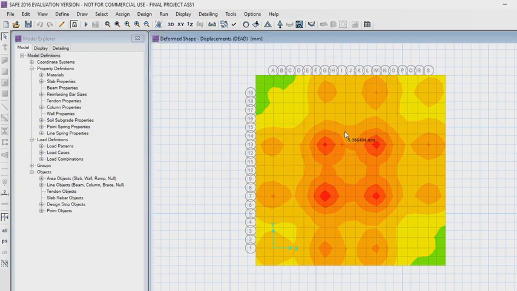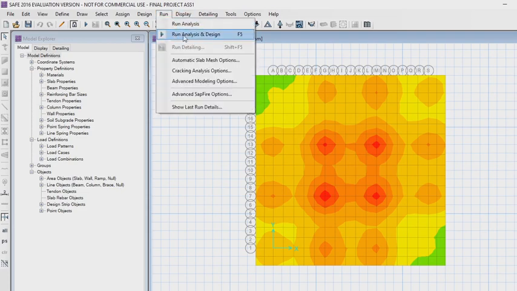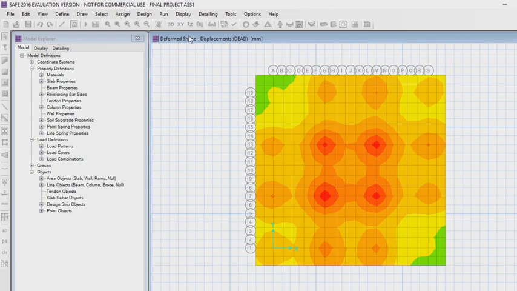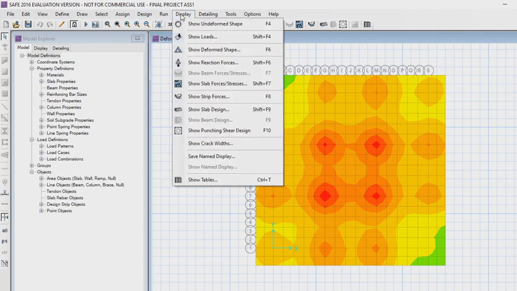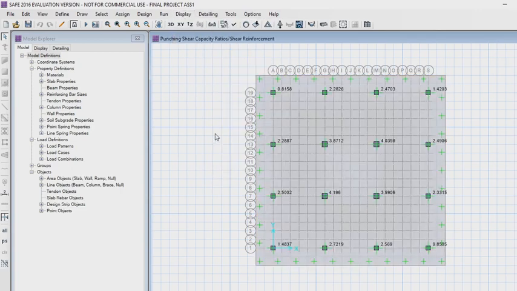You can see the displacement values. Go to run and select run analysis and design. And go to the display menu and select show punching shear design. You can see here the punching shear design ratio is more than 1.